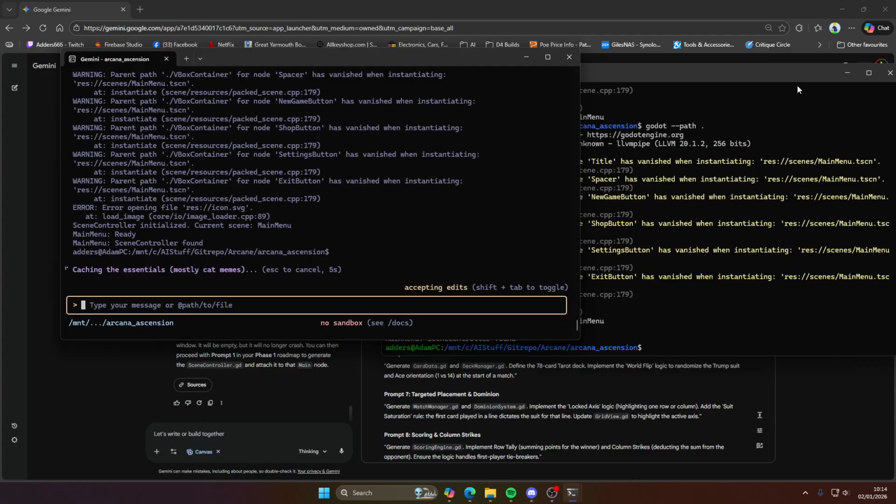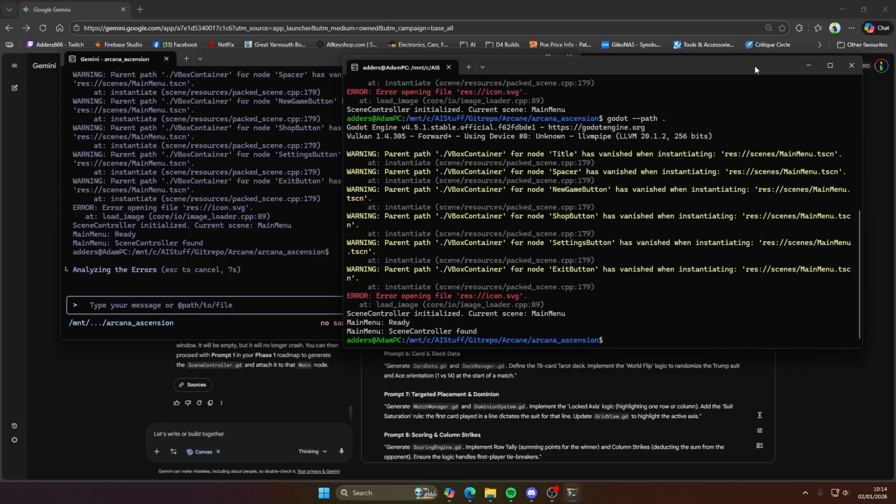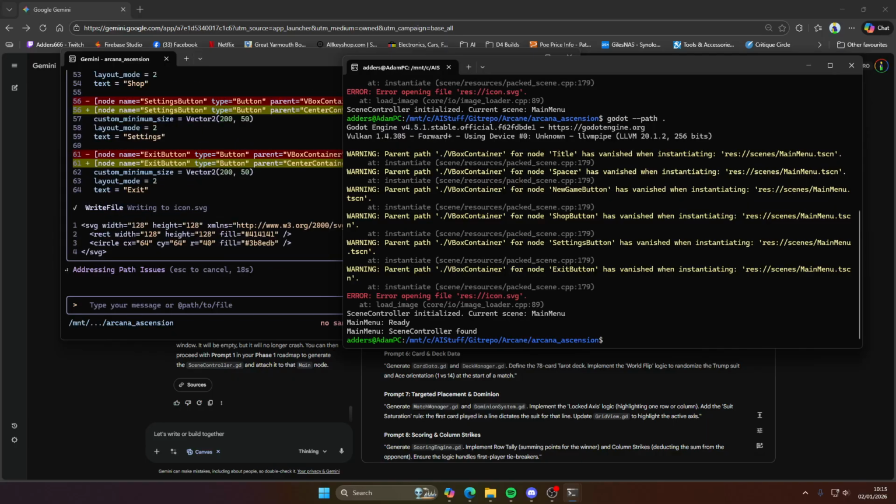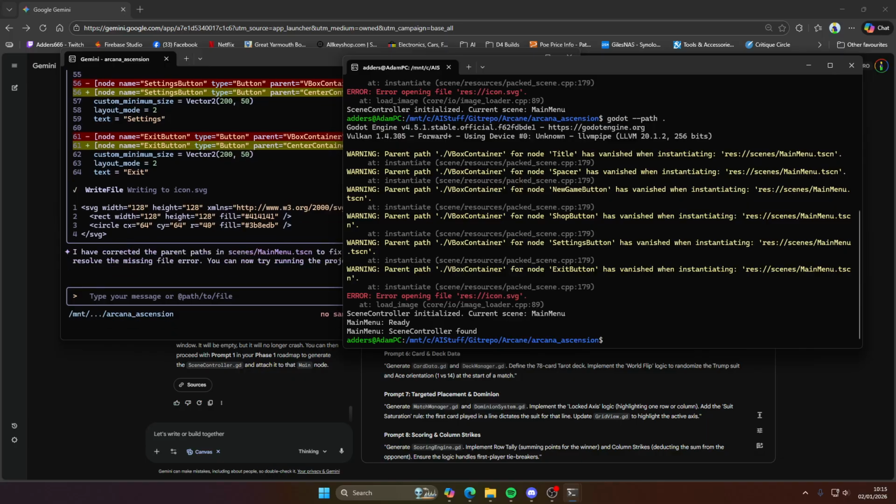So yeah, it makes one monolithic HTML file, and the one for that Papers, Please game ended up being nearly 3,000 lines. So I split it all up into different classes, and then I ended up with problems with backlinking and stuff like that, and then I fixed all of that, and it worked. But